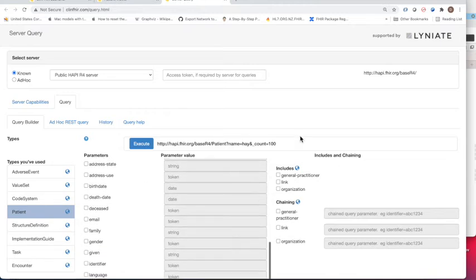Notice how over on the side here we also have the ability to specify includes and chaining. Includes is a mechanism by which you can cause a single query to include resources that are referenced by your target resource. So for example, if I have a patient, then I could say here's a query on patient and here are the parameters for patient, name equals "hey" in this case, and could you please include the general practitioner link. So if this patient has a reference to a general practitioner resource, then that would be included in our